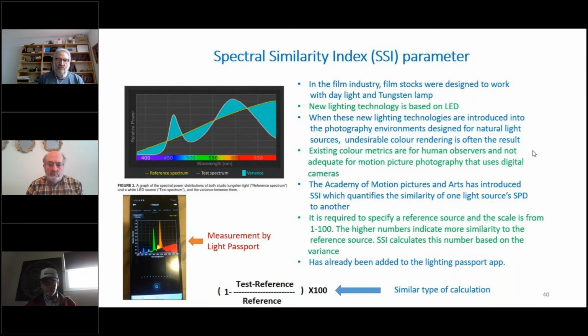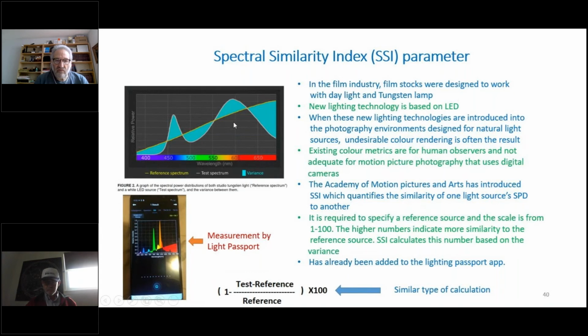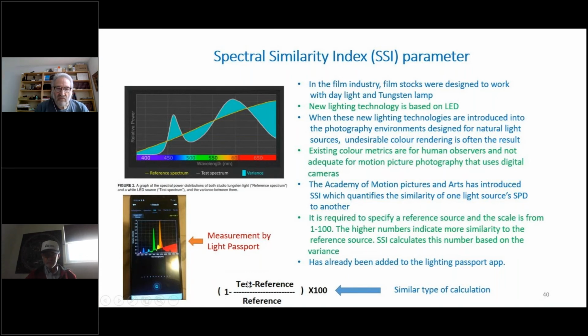So the SSI parameter basically compares the differences of the light source that is used. You can see this is the LED source. It has two peaks, and this is the black body source, and it has highlighted the differences between the two. It will measure these differences, and then do some calculation based on the variance of the difference: test minus reference. It will subtract, divided by the area of the reference, and that ratio